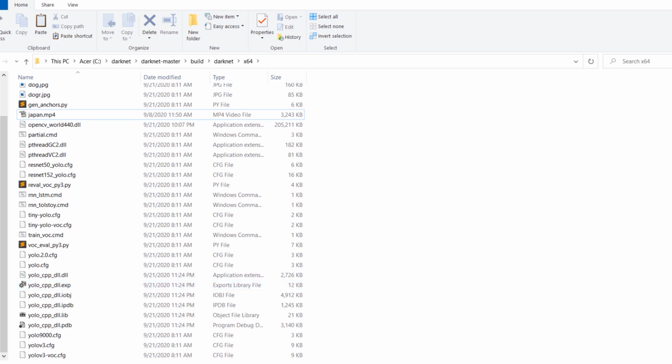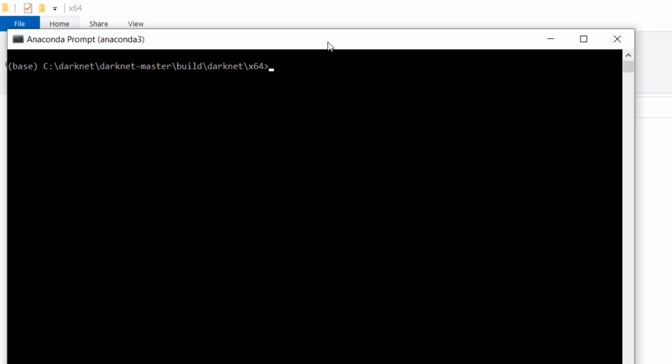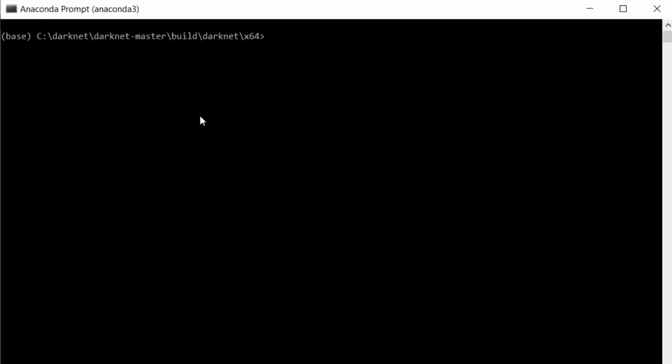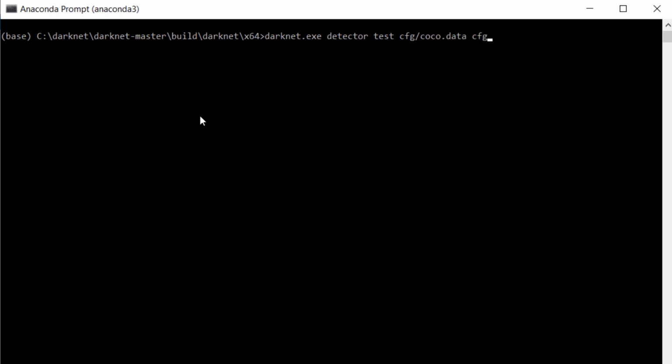Let's run YOLO version 4 on images. Let's open Anaconda prompt, head over to x64 folder of Darknet and run command darknet.exe detector test cfg/coco.data cfg/yolo v4.cfg YOLO v4.weights and hit enter.